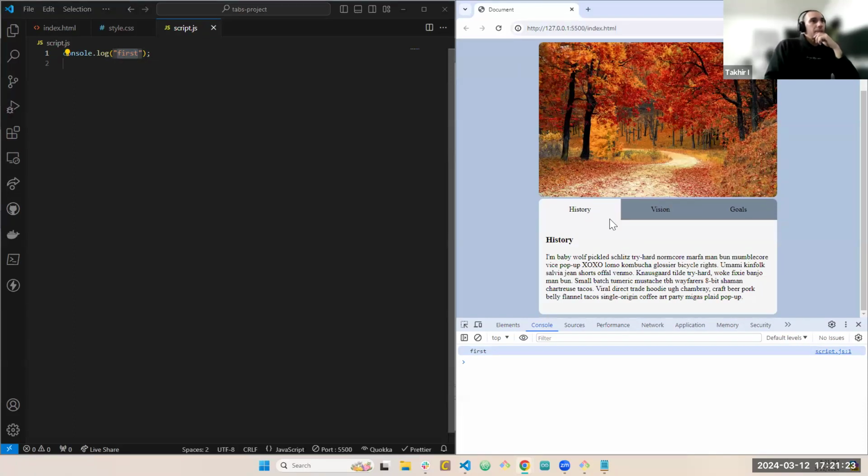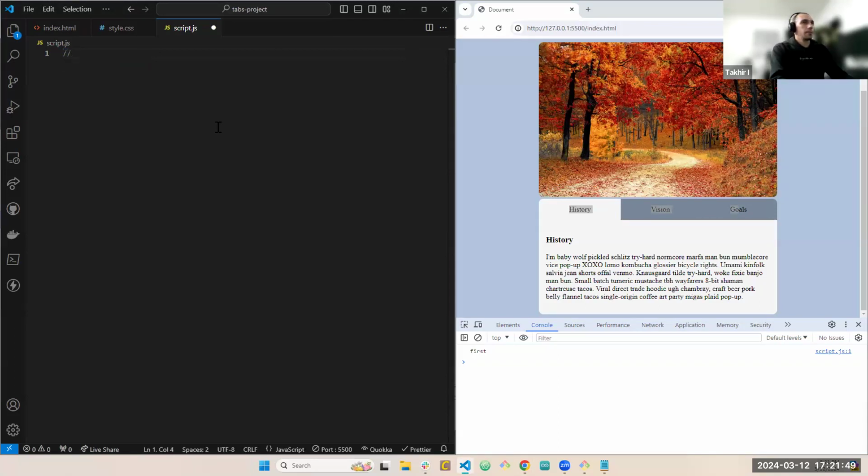So thinking of this project, what first comes to my mind is to access each of these tabs and add an event listener and catch the event of clicking these buttons or tabs. Let's make a pseudocode for the beginning, and then we can follow our plan. So first, I would suggest